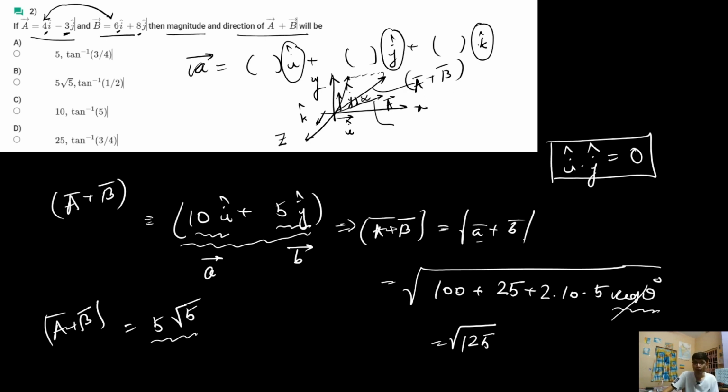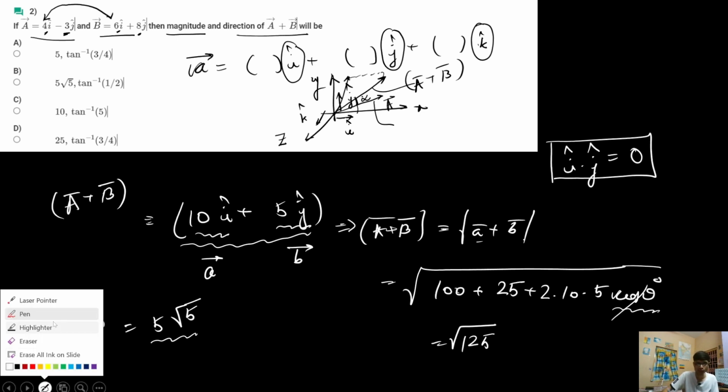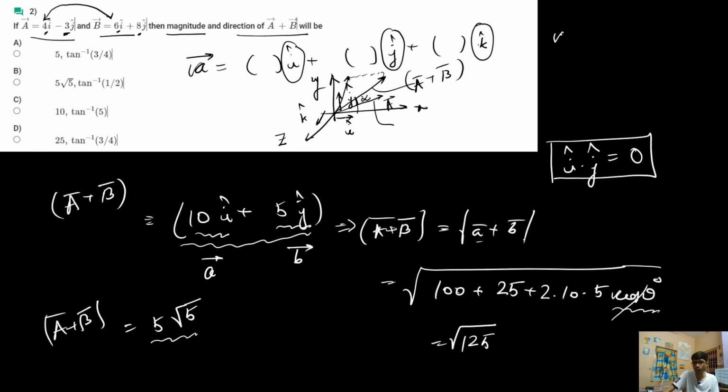Now if I want to know the angle it makes with the i vector, we have to apply the results of dot product. For the students who don't know the dot product, you can skip the question for now, and you can try it once you understand the concept of dot product. So if I take up the dot product concept, to find the value of cos theta 1, the angle which the a plus b vector makes with the x-axis, I have to take the dot product of this vector